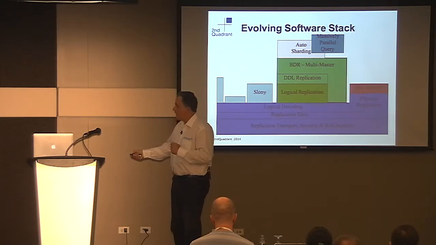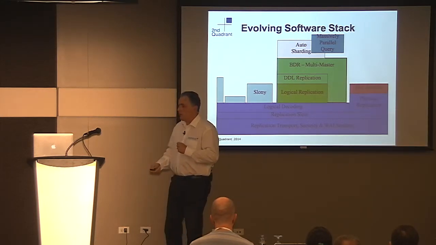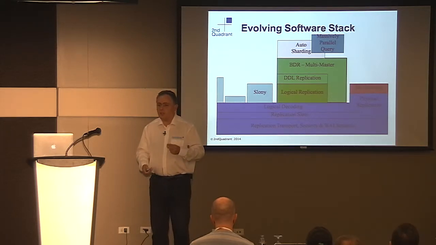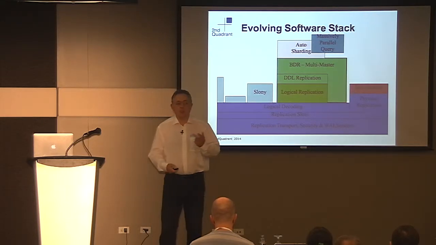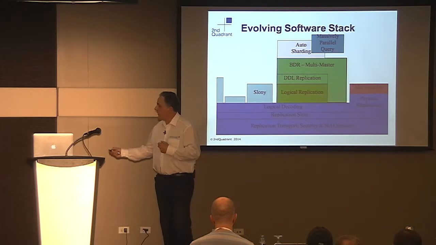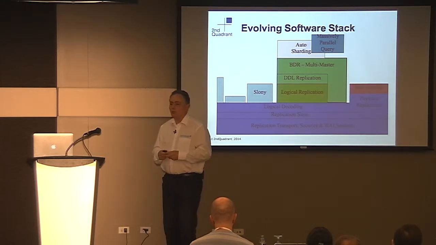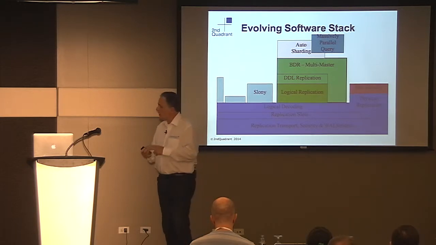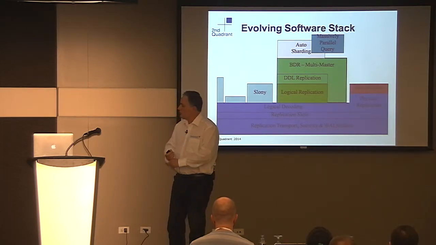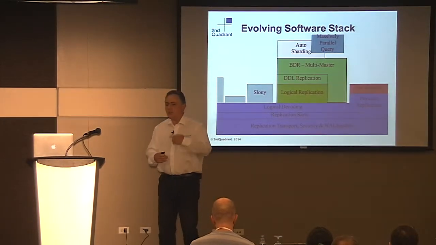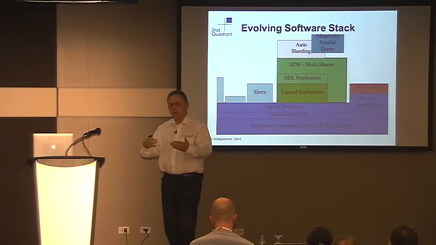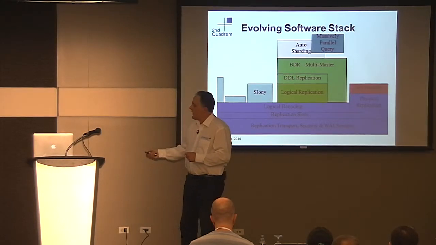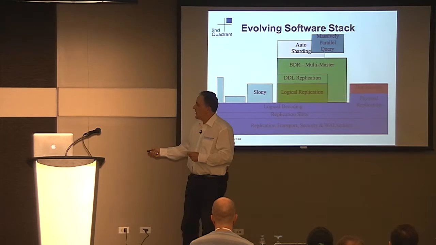But what we are saying is that all of the things that we want to do in the future of distributed database actually come out of the logical replication subtree, so that we're actually building on that upwards towards a range of other solutions. So we are building logical replication on top of logical decoding. So the difference between the two is logical decoding sends data and logical replication receives that data. That's why I'm using those two different phrases. And then on top of that, we've got DDL replication, multi-master.